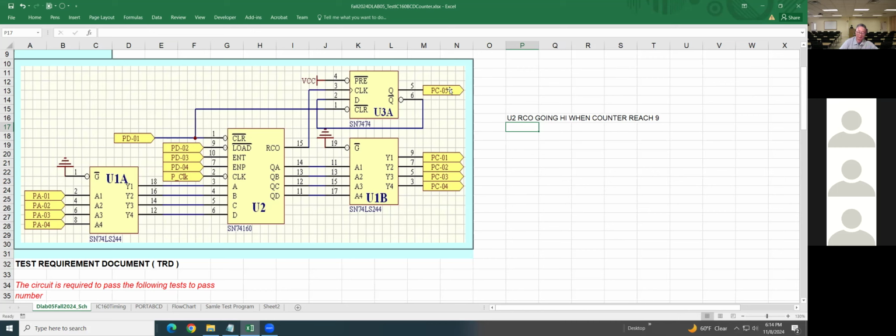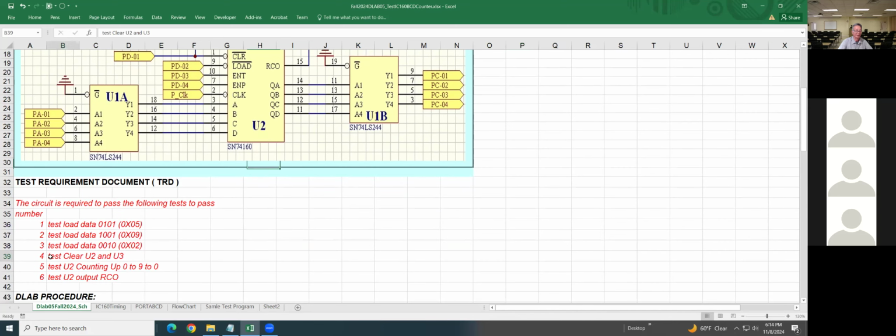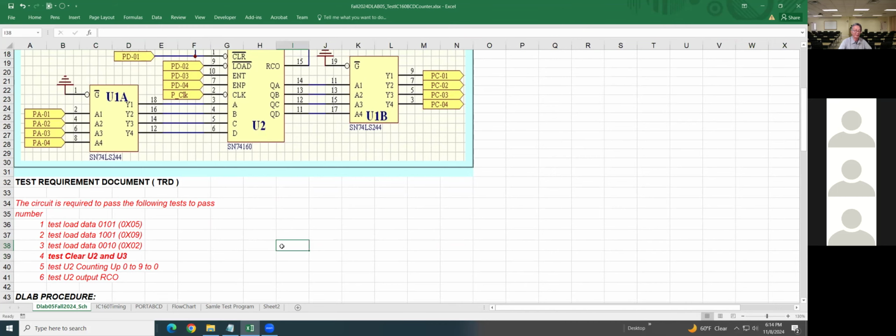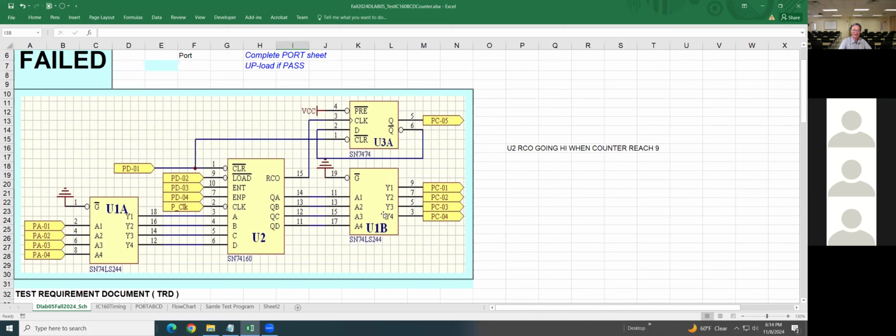Yes. You're clearing U2 and U3 at the same time. You clear U2 and also you clear U3. That's why they already say that in here. U2 and U3. Okay? Now,